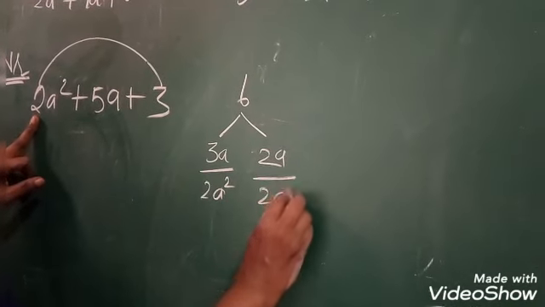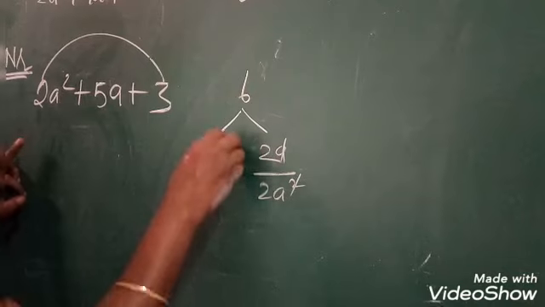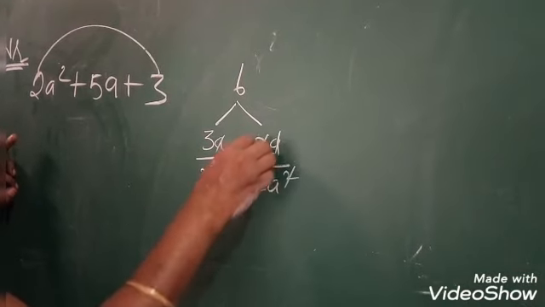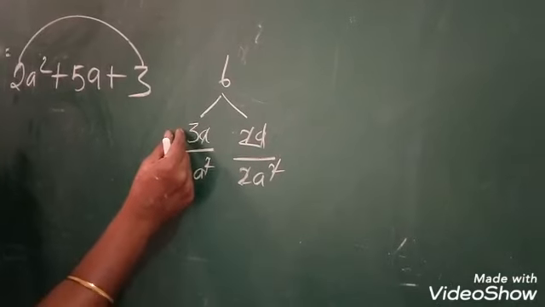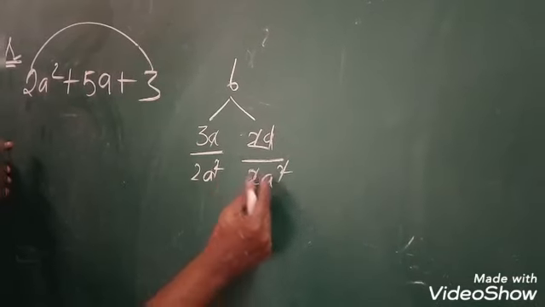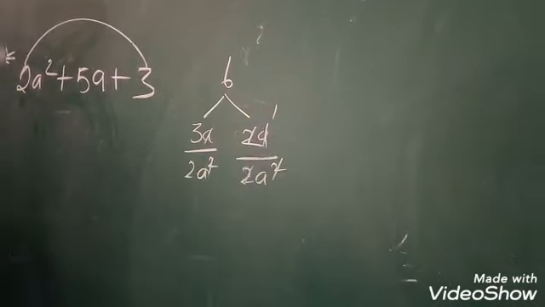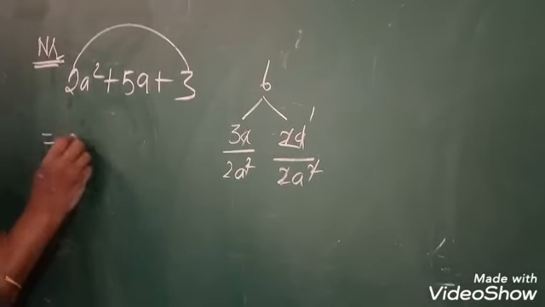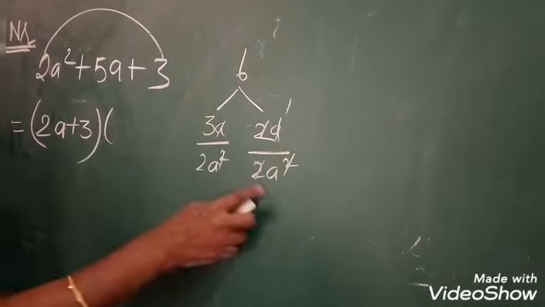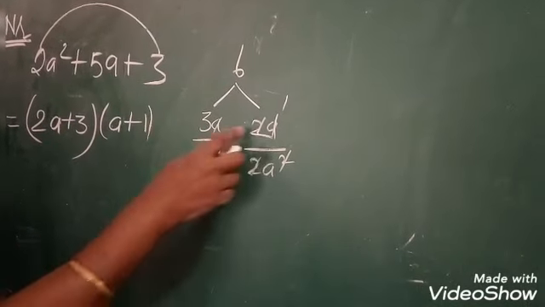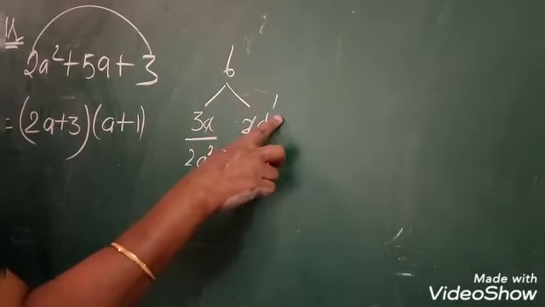Okay girls, this you already studied in all the videos. Now you have to divide with the 2 table. What is the remaining here? 2a plus 3. Then here 1a is there, here nothing, so you have to replace it with 1. Okay girls, the factor is 2a plus 3, one factor. The other factor is a plus 1. Everything here is divided, girls, so you have to put 1.